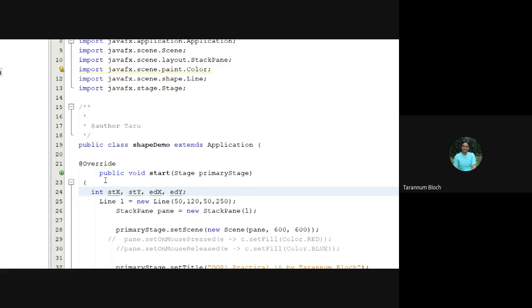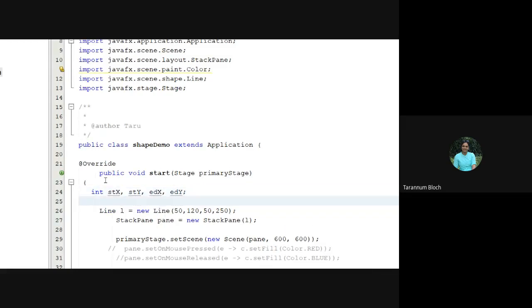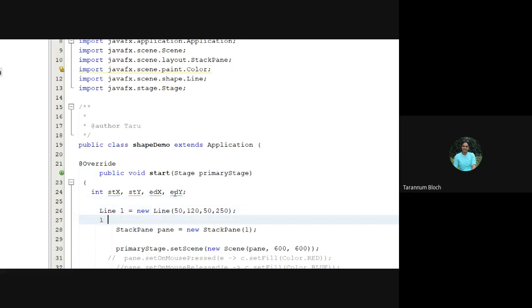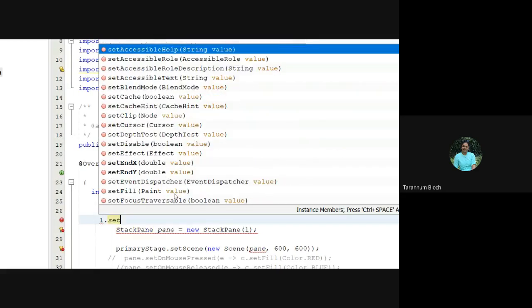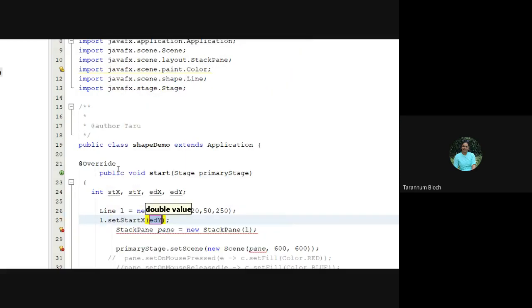Fine. And then we can take it from the keyboard, and after creating the Line object, we can say L dot set, set end x or set start x, right?